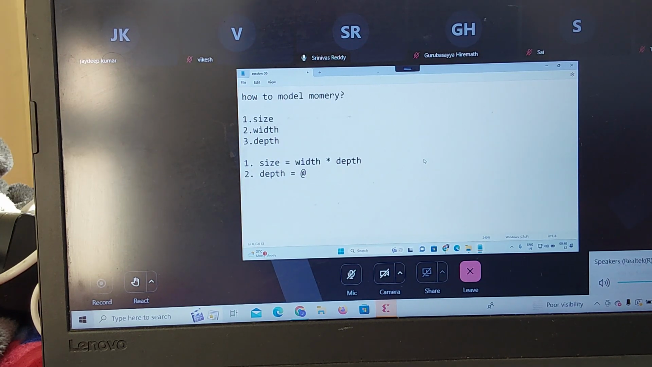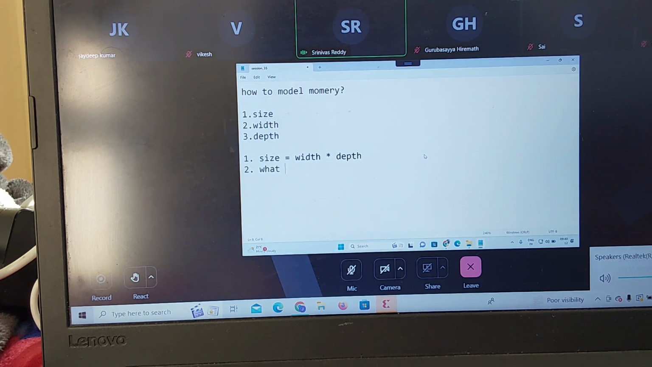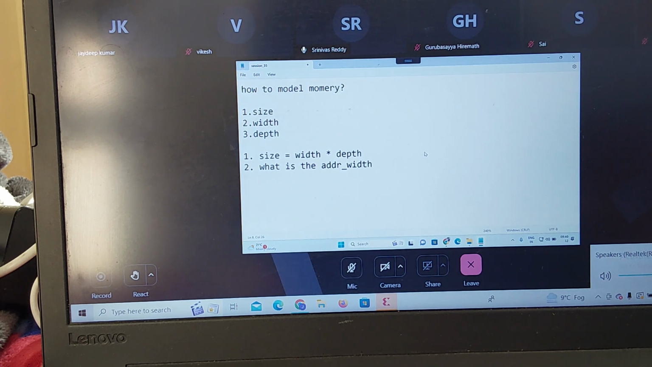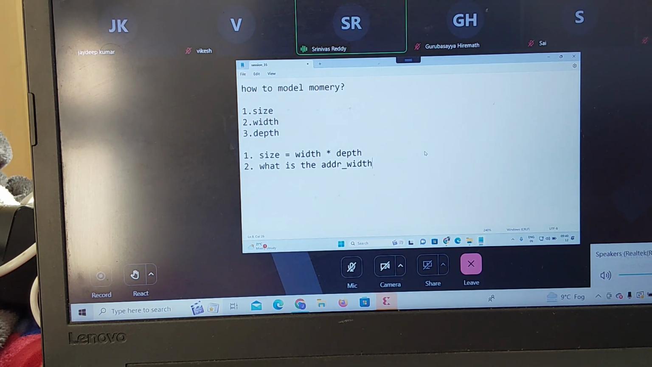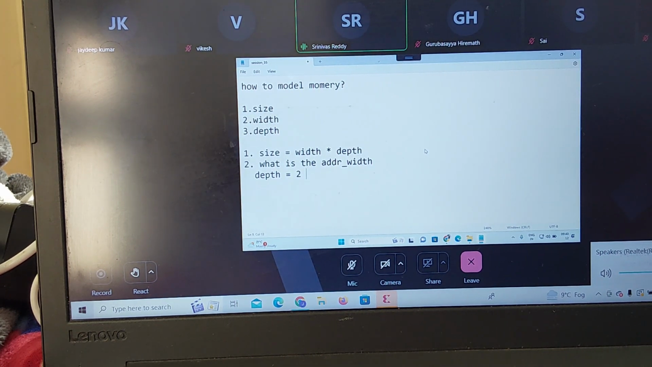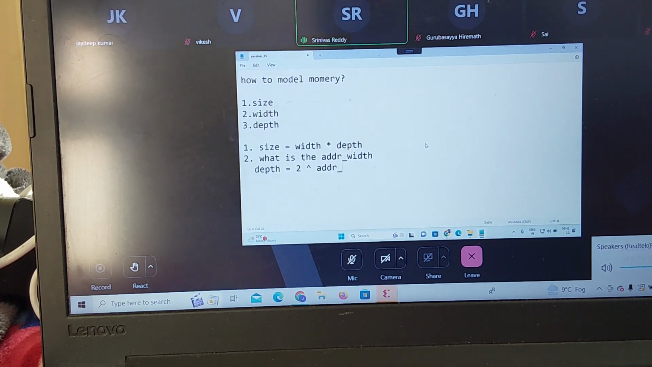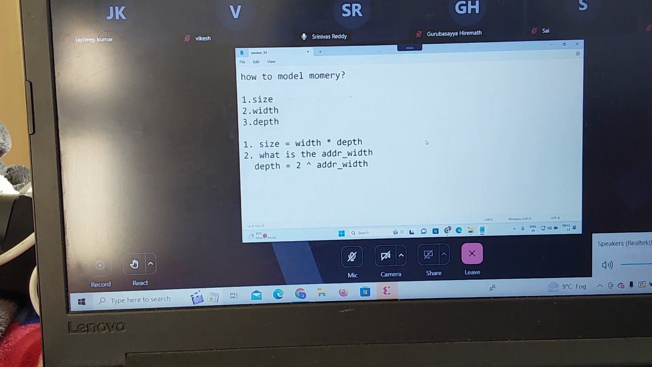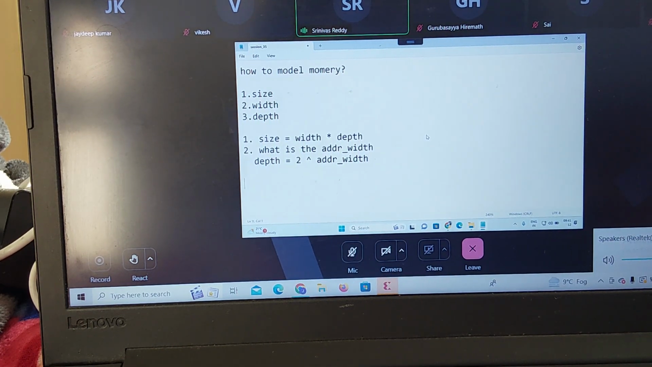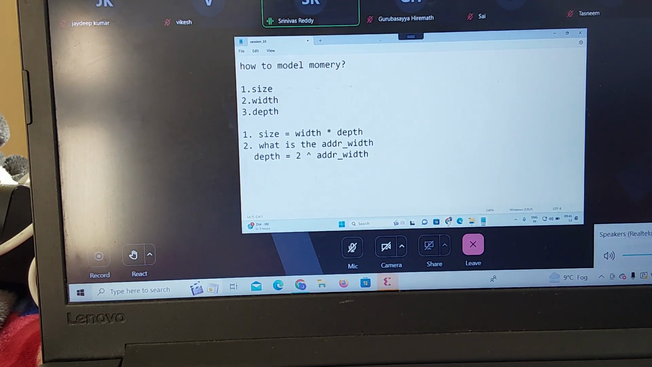Is it size? No. I want to find out what is the address width. Width of the address. So I can write depth is equal to 2 power address underscore width, or size, or I can call it width. Okay. So from this we can calculate what is the depth. Correct. Now let us start modeling the